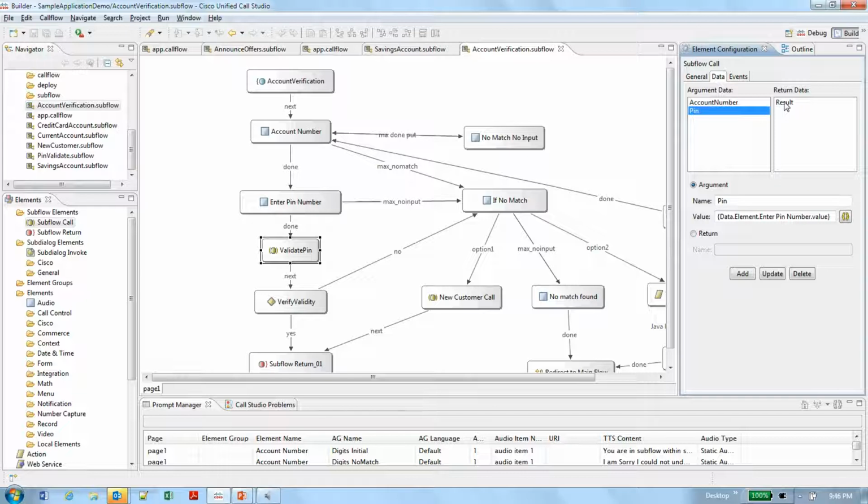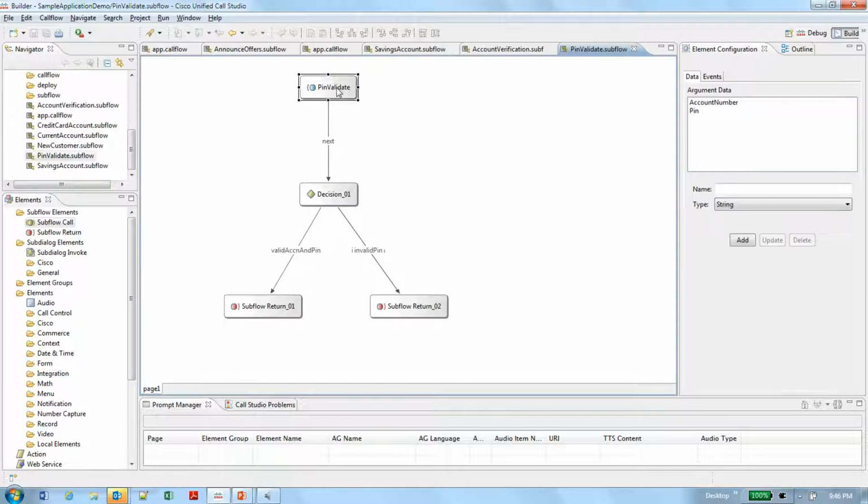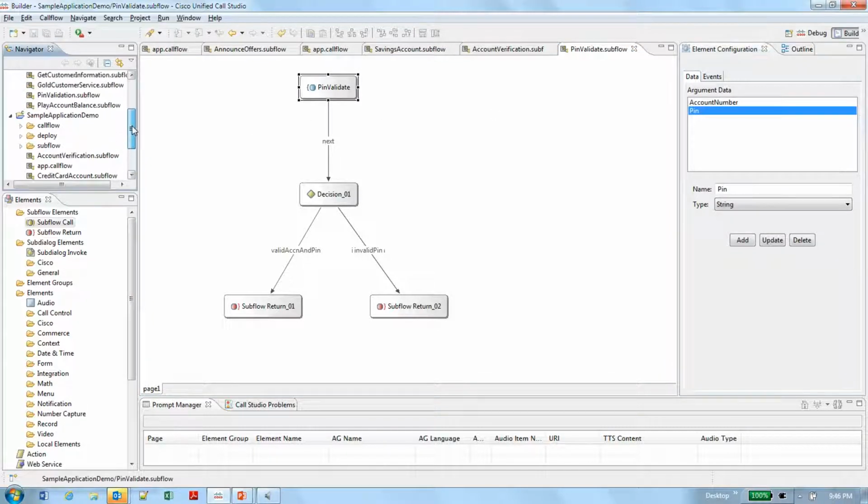It also returns a result back as well. Let's go into this subflow. The same argument data is defined here as well. Let's go and run this application in debugger mode.